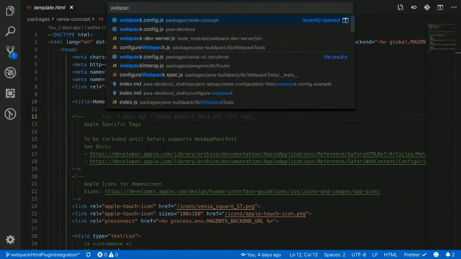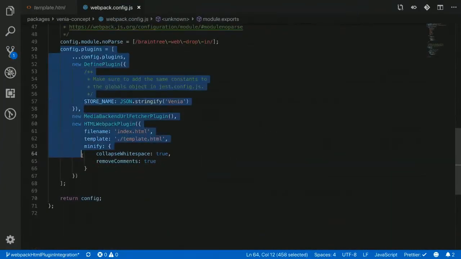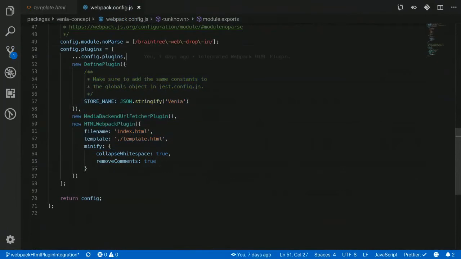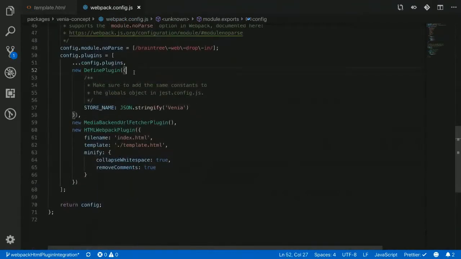So if you look at the Webpack config, it's pretty similar except for these set of lines. We are taking the plugins that we already had in the past that the configure Webpack function is going to return, and then we are adding on top of it. The first one we are adding is the store name, which you can use anywhere in your code because it's going to be invoked into the global while the compile is being done.